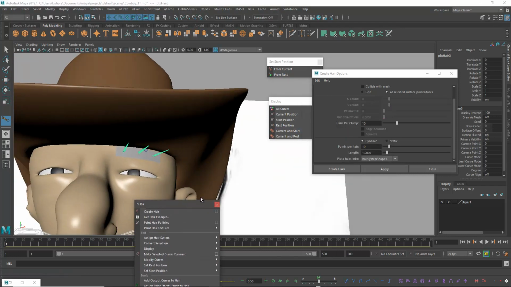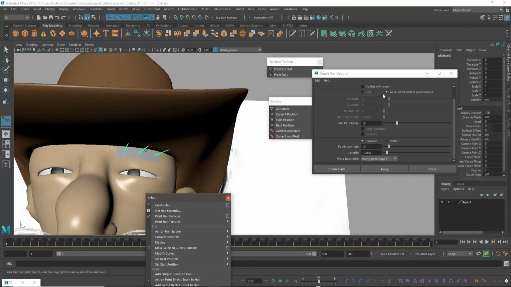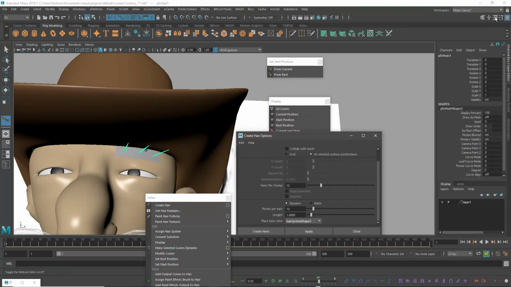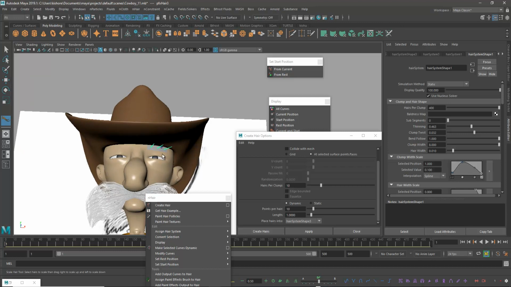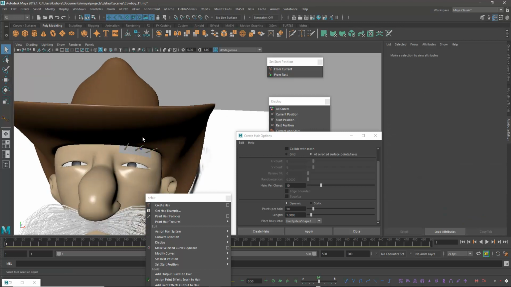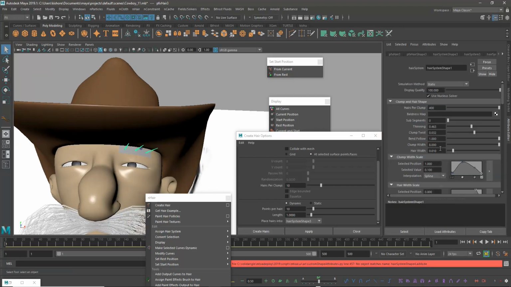Okay, and here I'm just giving some basic properties such as clamp weight. Okay, she selected this one, not this one. Okay, give me 1 second guys.